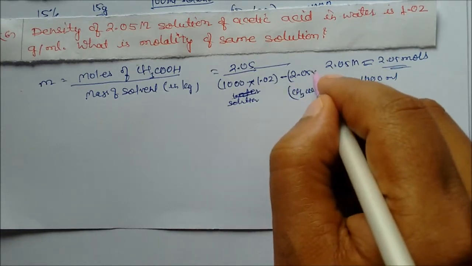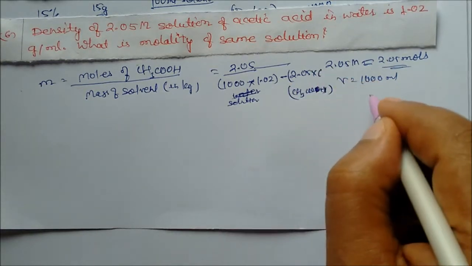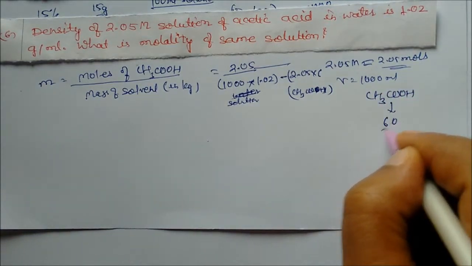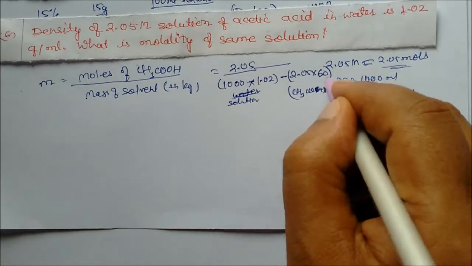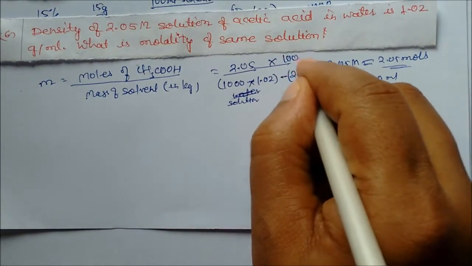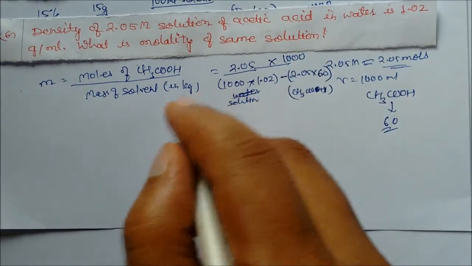So acetic 2.5, and molar mass of acetic acid, so you can see here CH3COOH. So this is nothing but 60 if you calculate it. This is 60. So you solve it, again you multiply it by 1000. So you have to write in kilograms. So on solving you will get here